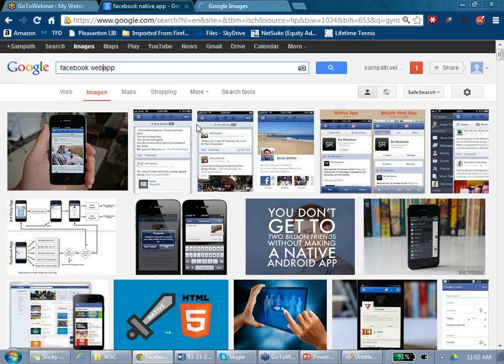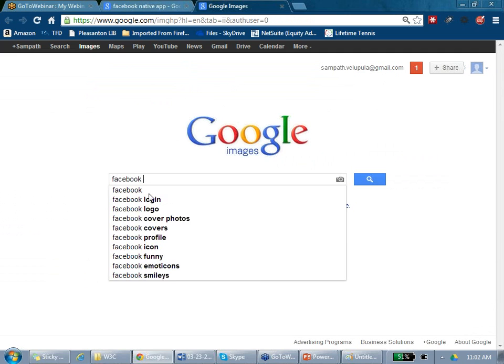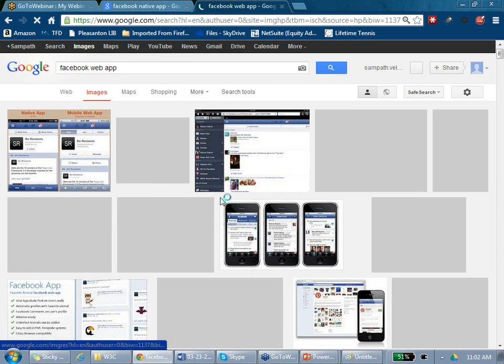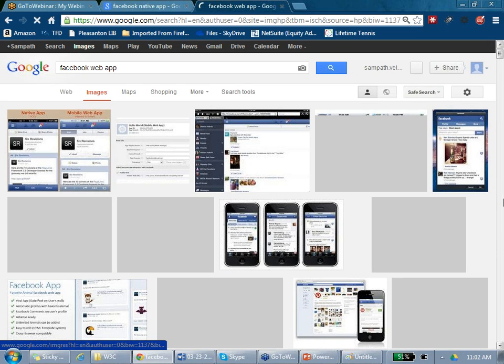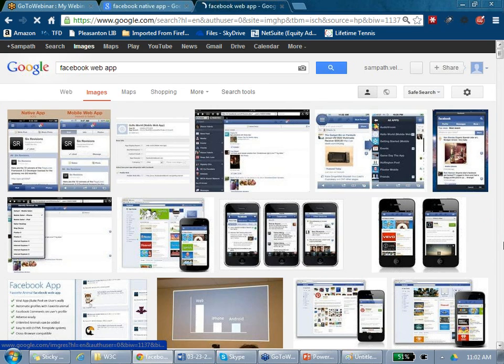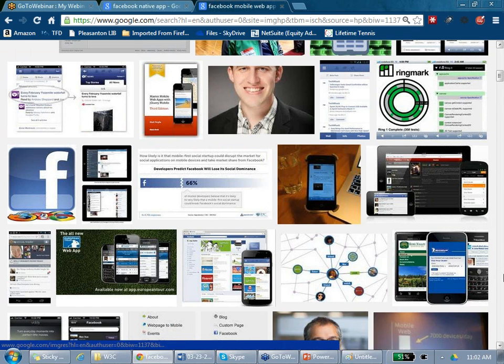Let's see Facebook web app. I can't see it here, but you understood.